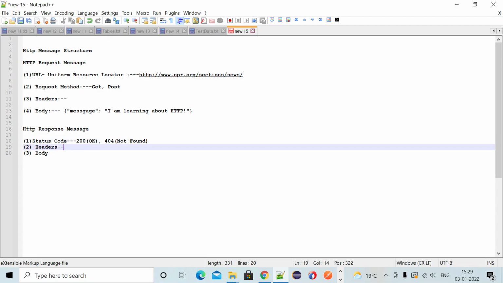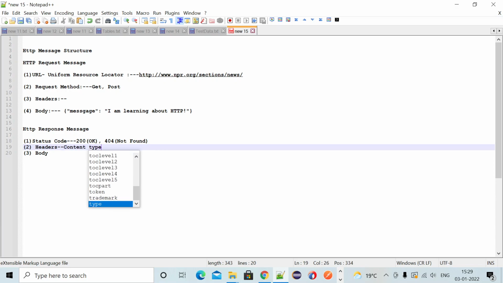And the header directly provides some additional information about the response. For example, if you want to know the format of the response, you can just check the header and identify the format of the response.